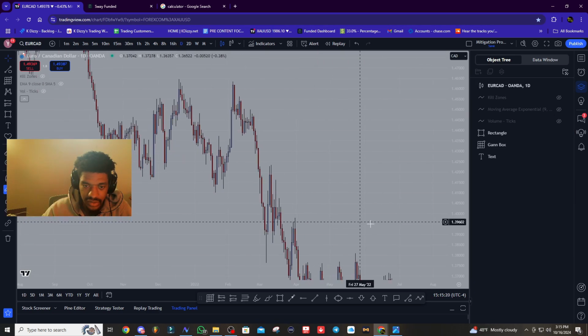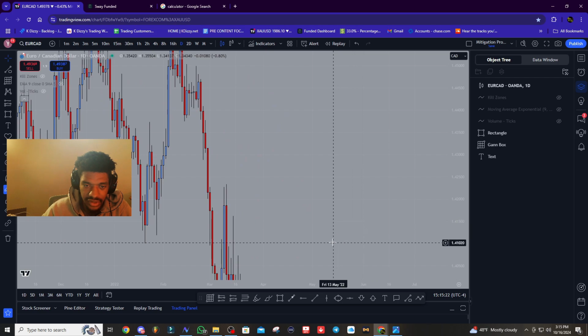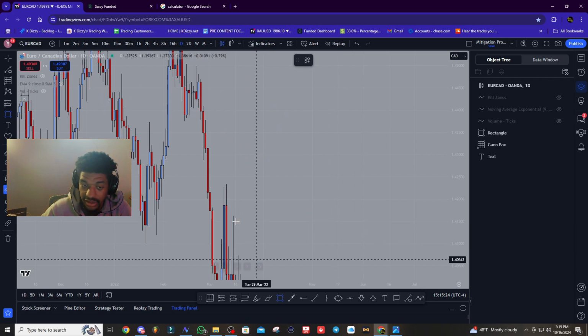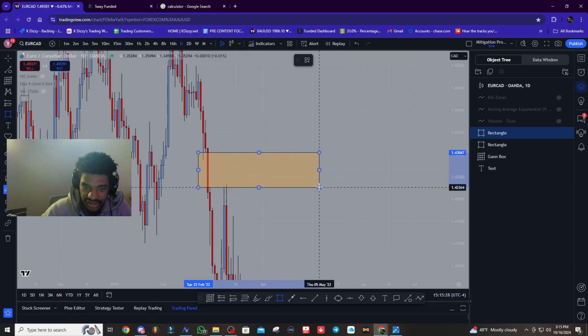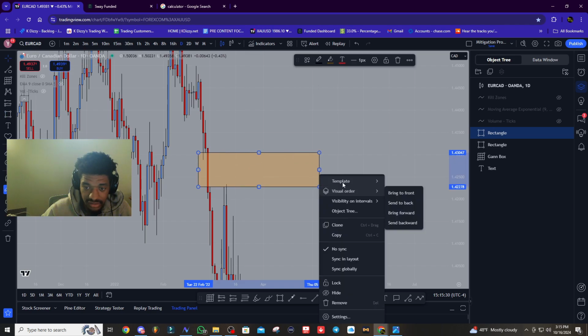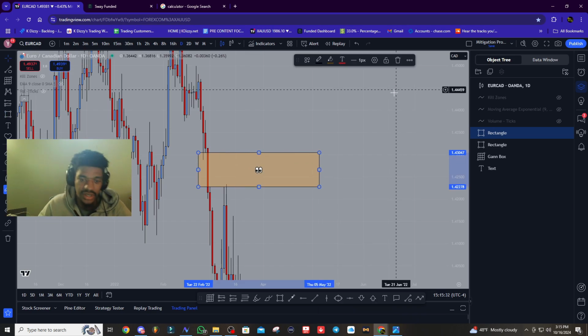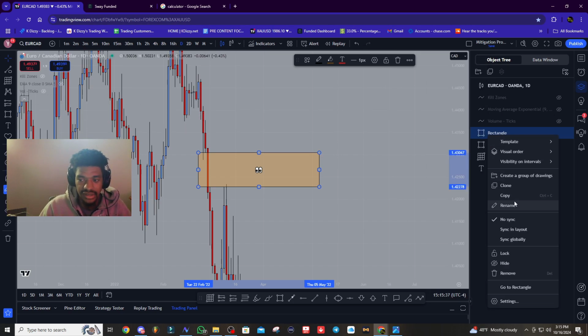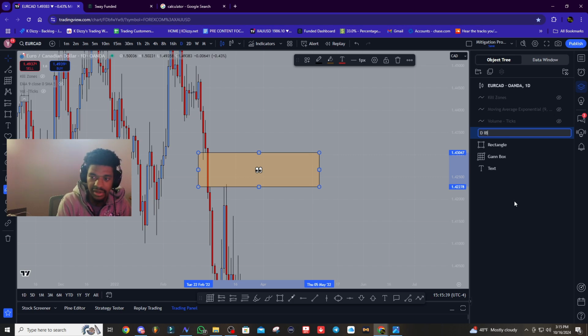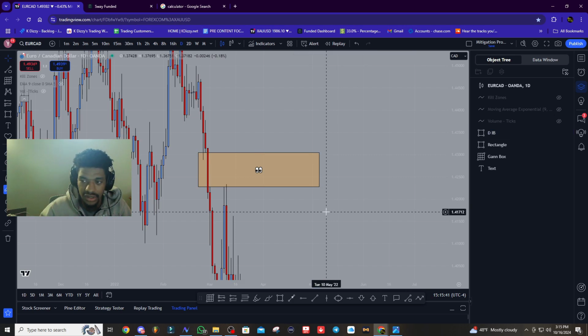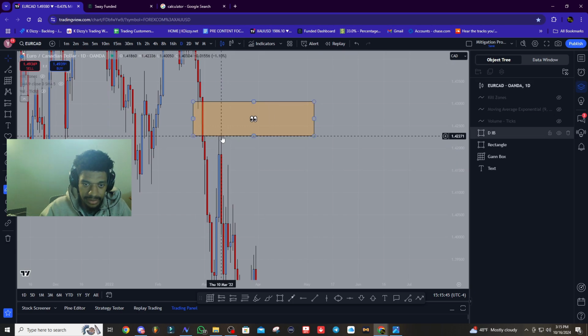Like this is one right here. Even though it's lighter and you have to look for it more, it is an area that if you're in the moment and you catch it, it does like to respect, or it's an area of interest. You let the market and the bias decide which way it's going, but yes, it's an area of interest. DIB, daily imbalance, right? So after it hit this imbalance, shot down,